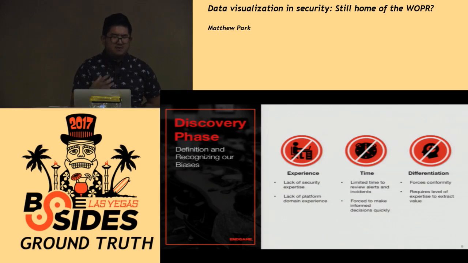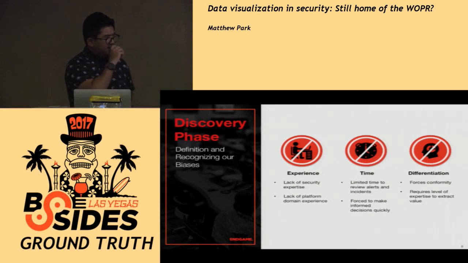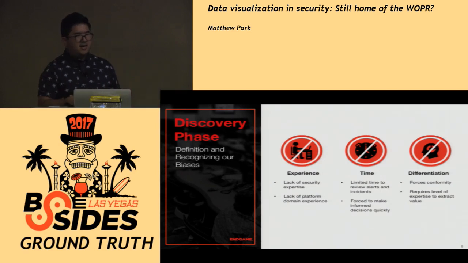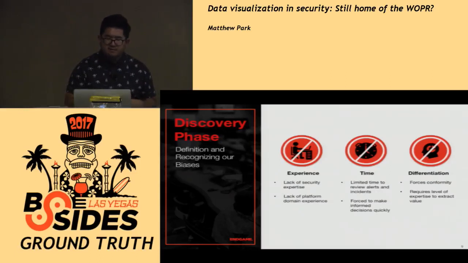The last one was kind of our own thing towards Endgame. We wanted to build something that was a bit more of a differentiator. We wanted to build something that enhanced the analyst workflow, something that they'd actually use and not be useless eye candy. So the list of different things that we added to that were showing response actions, being able to gather on large amounts of data and make different types of investigations off of it,